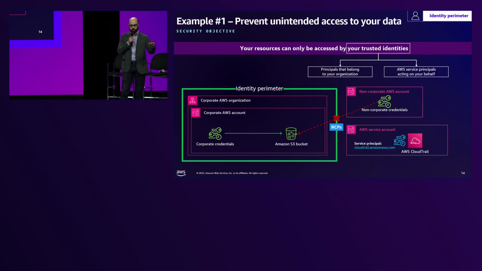because the target resource belongs to your organization and is governed by resource control policies. On the other hand, non-corporate credentials that are outside of your organization are not governed by your service control policies. And finally, if you have a service principal, such as